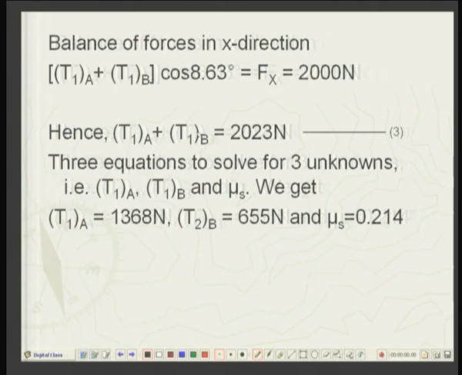Well, you may be wondering, well, at the pulley A there is no slip, but at the same time there may be slip at pulley B. So we have to see whether there is slip at pulley B, or whether this coefficient of static friction, 0.214, prevents the slip or not. For that we will do a similar analysis for pulley B as we have done for pulley A. So let us do that.